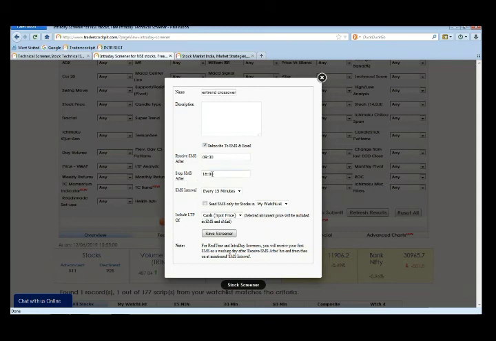And stop SMS after: here you need to indicate till what point of time you want the SMS alerts, or when you want to end them. Say for example, markets close at 3:30, so we take that as the last time of SMS or email notifications. So put it as the closing time, and SMS interval every 15 minutes, as we have created a screener on a 15-minute setup. Corresponding to that, you can put the SMS interval as 15 minutes itself, and then go on to save the screener.